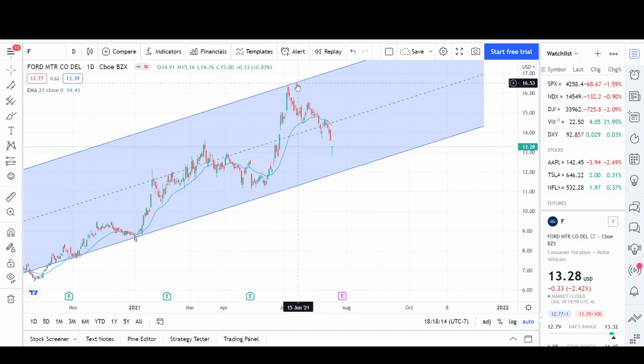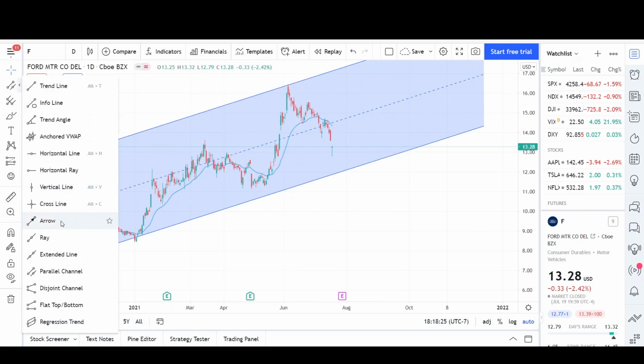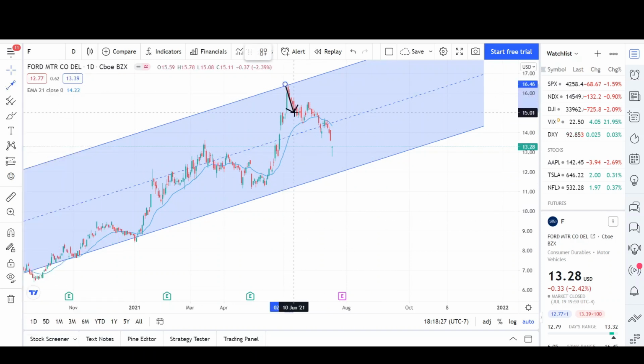So that's why we're seeing this sell-off right here. We had this really strong move up, and then we're coming back to take away all the profits from the people who went long. If I were to do a measured move from the top to this low and then